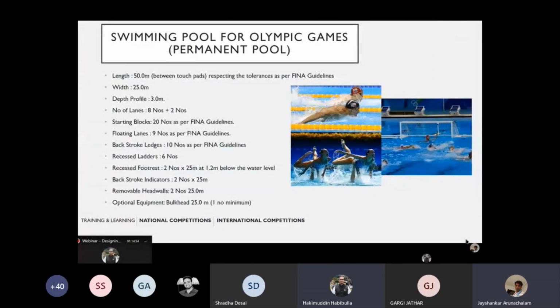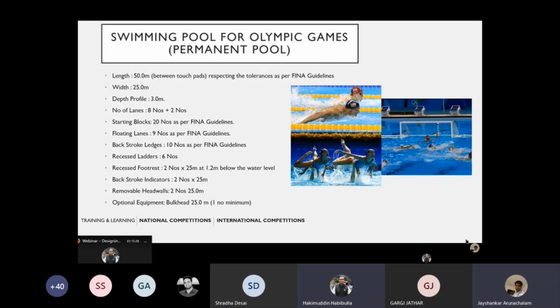So deck level overflow is a four-side overflow is what is recommended. And so when you have a four-side overflow, you need two removable head walls. And the removable head walls are elements that allow for the installation of the starting blocks, and as per FINA regulations will have to be 300 mm above the water surface. And compatible to have the timing systems, the automated timing systems, which we commonly call touchpads, to be attached to